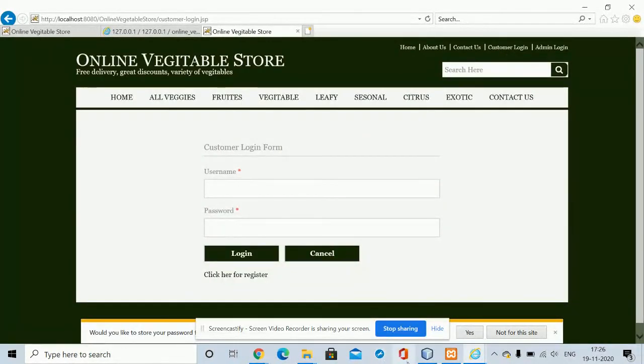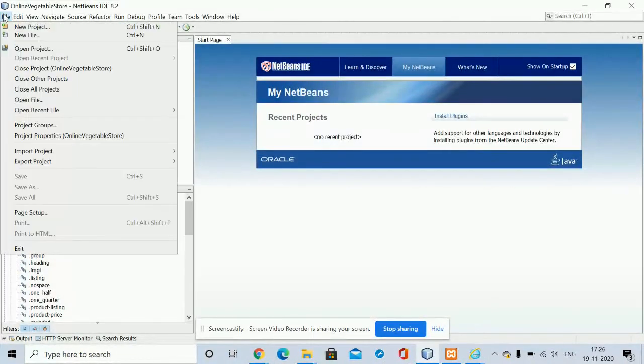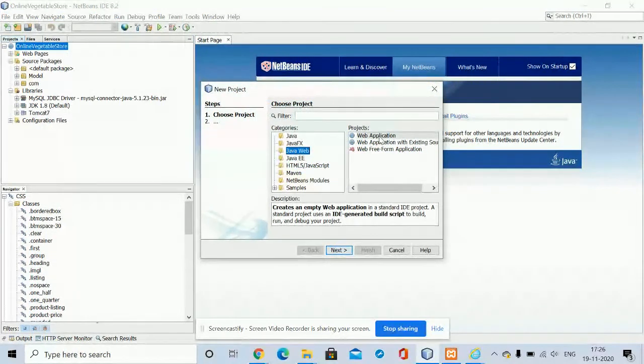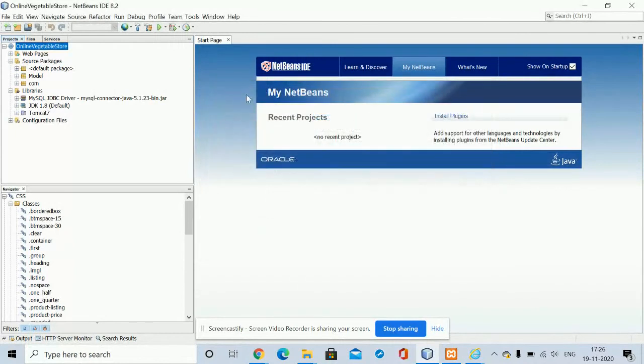So let me explain the steps once again. You need to create a new project first from new project, right? Here you need to select the web application, and after that enter the application name, and after that you will get this structure, right?